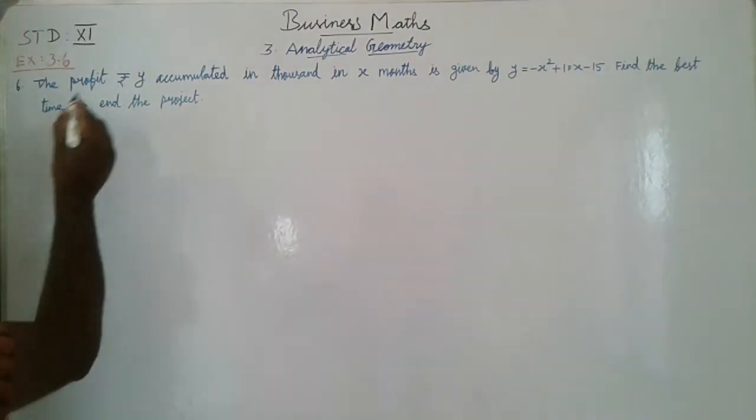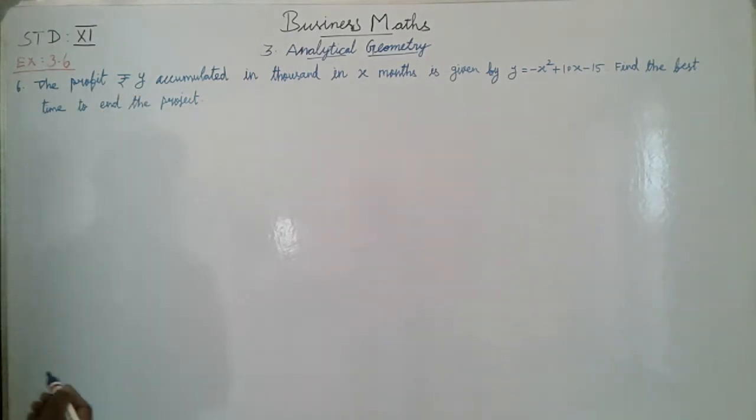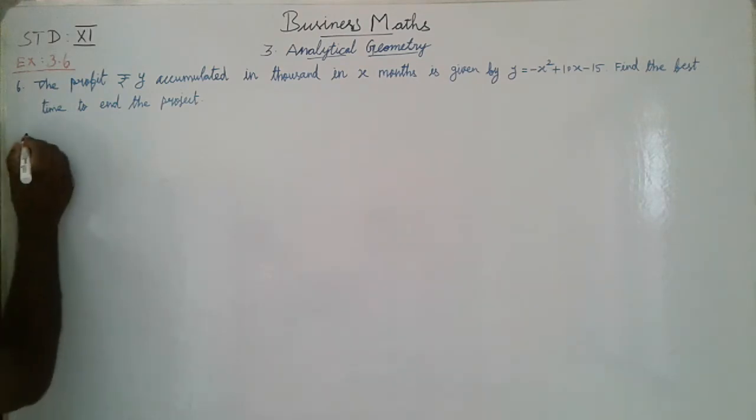Sixth sum. The profit y rupees, accumulated in 1000s in x months, is given by y equal to minus x square plus 10x minus 15. Find the best time to end the project. Solution: